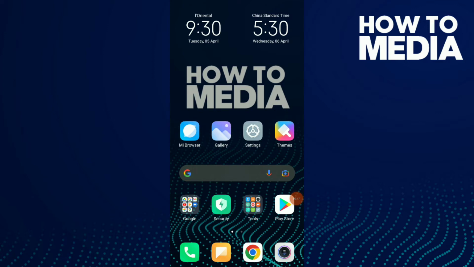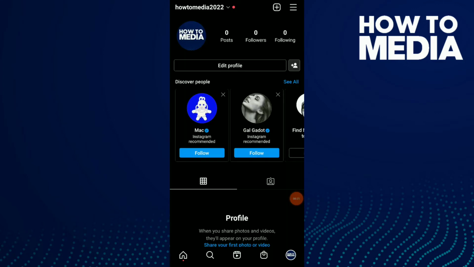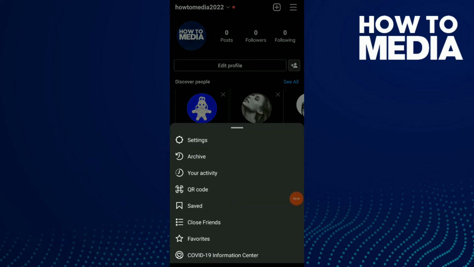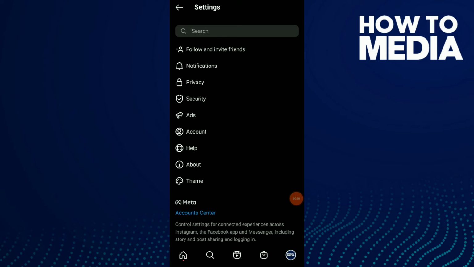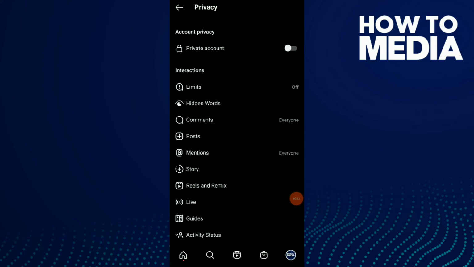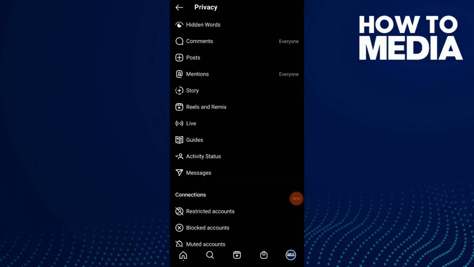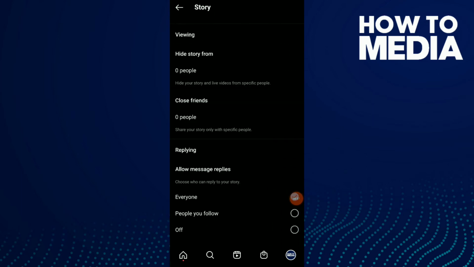First thing, go to your Instagram. Go to your profile. Click on those three lines up there and click on settings. Now click on the third choice, which is privacy, and scroll down. Click on stories. You have the second option, which is